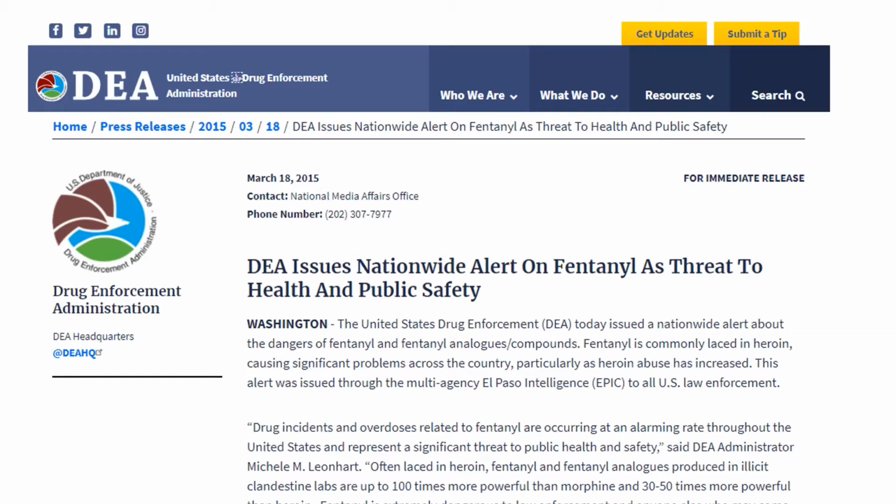Fentanyl is dangerous enough that the DEA issued a nationwide alert on fentanyl as a threat to health and public safety. This was back in 2015. They stated that drug incidents and overdoses related to fentanyl are occurring at an alarming rate throughout the United States and represent a significant threat to public health and safety. So based on all of the above information,